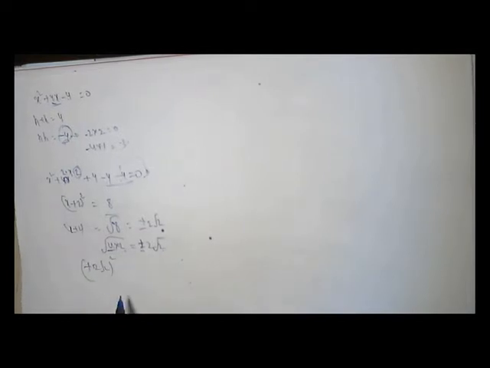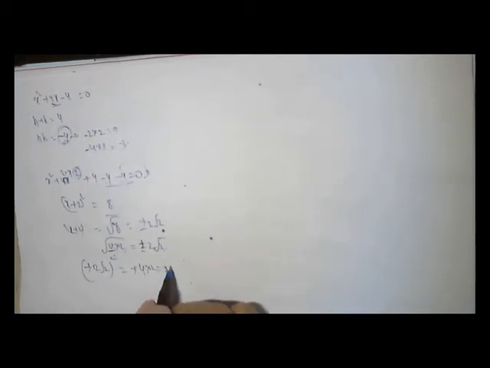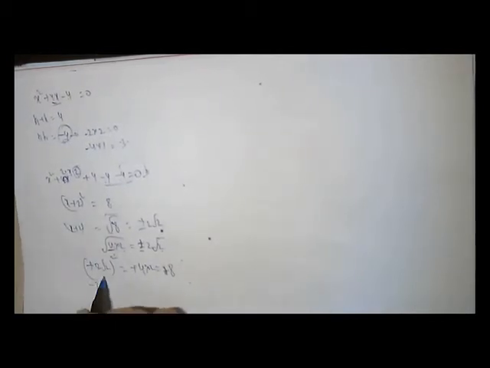Suppose I put plus 2 root 2 and do the whole square. Plus into plus is plus, 2 squared is 4, root 2 squared is 2, so that is plus 8. I am putting minus 2 root 2 whole square. Minus into minus is plus, 2 squared is 4, root 2 squared is 2, so it is plus 8. So both give plus 8. So it is plus or minus 2 root 2.